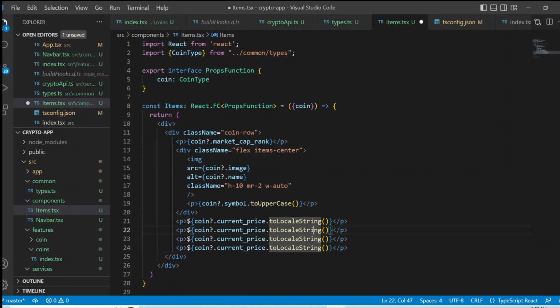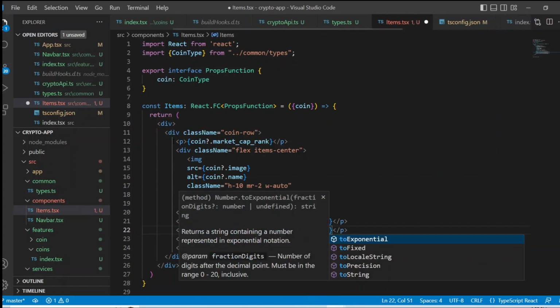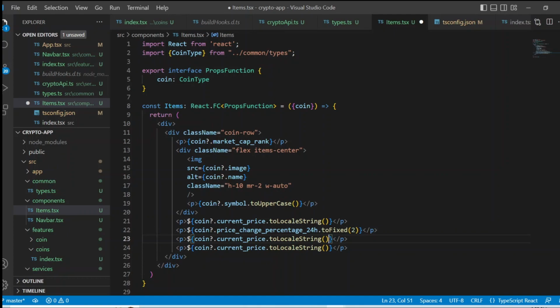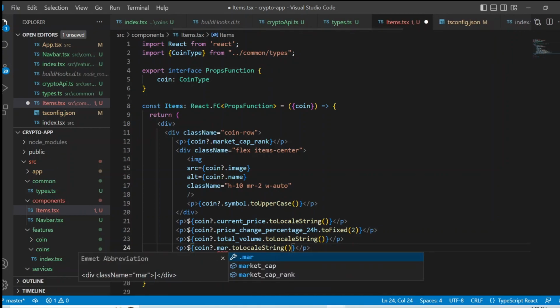So I'm just going to copy paste, and this will be price change, and here we have to use toFixed because it will be in decimals. So I want to fix up to 2 decimal places, and this will be coin.total_volume, and it will be toLocaleString, and this is market cap,